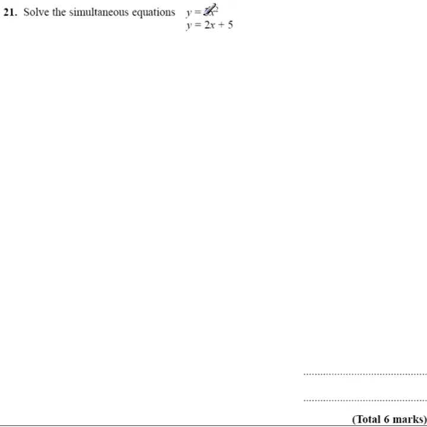So if y equals 3x squared and y equals 2x plus 5, then it follows logically that 3x squared must equal 2x plus 5. And therefore, we've got a slightly simpler question now. We just rearrange to make a quadratic by subtracting the 2x and the 5 from both sides. And if we're cunning, we can factorize this, but we can't assume that we can, so I'm just going to